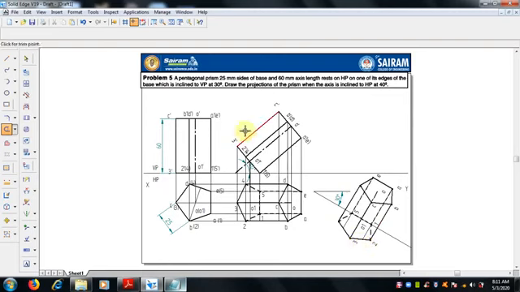Right, now from this view we have to draw the top view. For this, we draw the top view from each point. First let me see from the top, that is ABCD project. Let me project the ABCD lines.